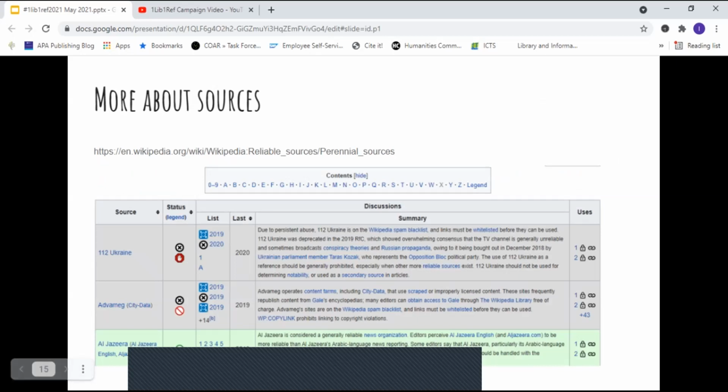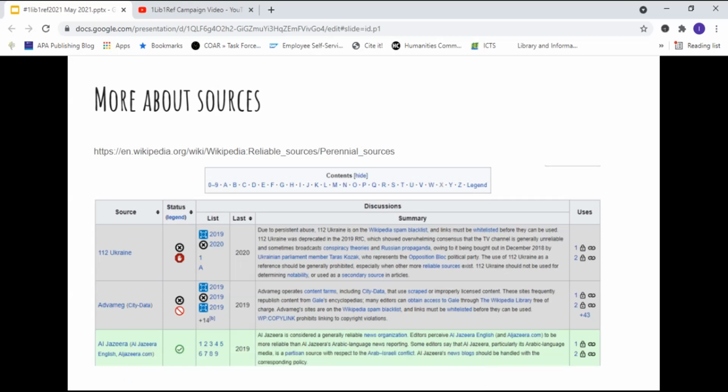Wikipedia also gives you a really useful list of reliable sources, so what they consider to be reliable. Al Jazeera is generally considered a reliable news organization, but you probably are not going to make a reference to articles in the Daily Voice, for example.